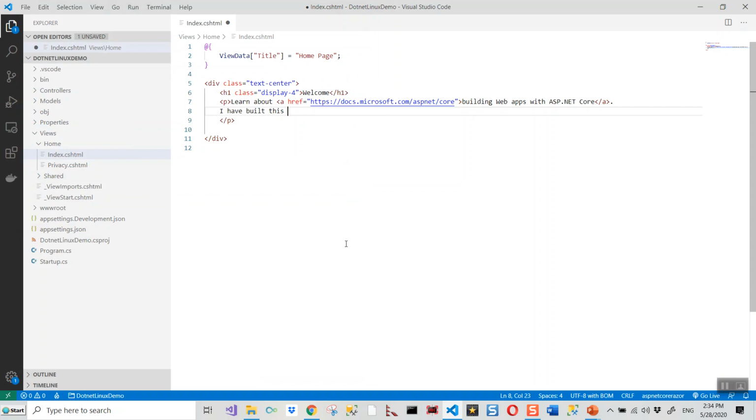Now I have opened the Index.cshtml view in the Home folder within the Views folder. Let me try and change this, and I will save it, then come out of Visual Studio Code and start the Linux bash and run it from there. So what I was doing was modifying this HTML.